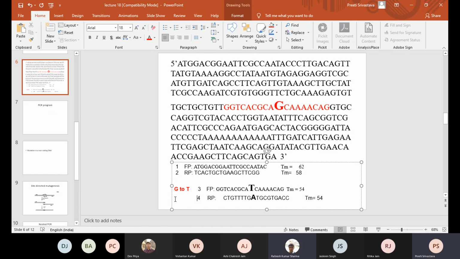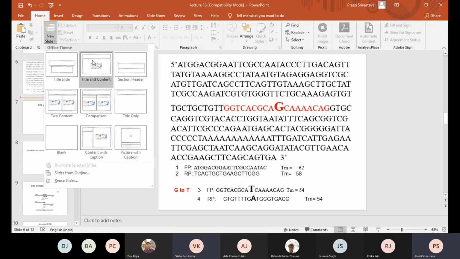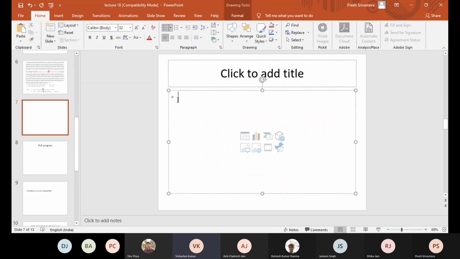Ma'am, we will get one strand that will be full and another will not be full, it will be just from the primer. Okay. What about others? Devpriya, Jaskin, Vishantan, Ashi, Dhwani? Can you please repeat the question? So I said you are going to use primer 1 and primer 4. Ma'am, they don't have a 5-degree difference.